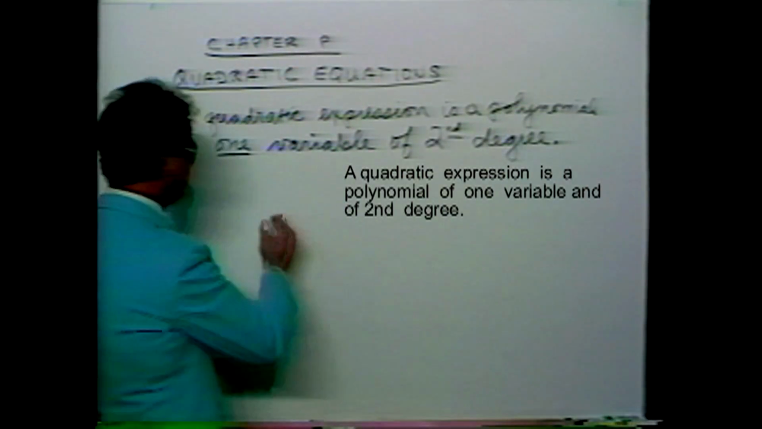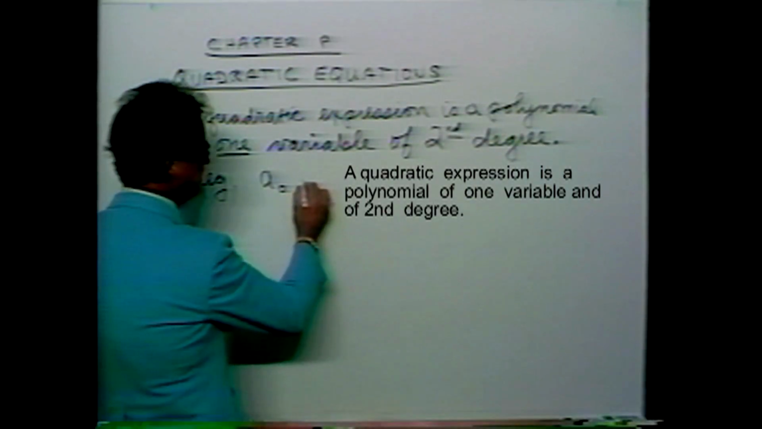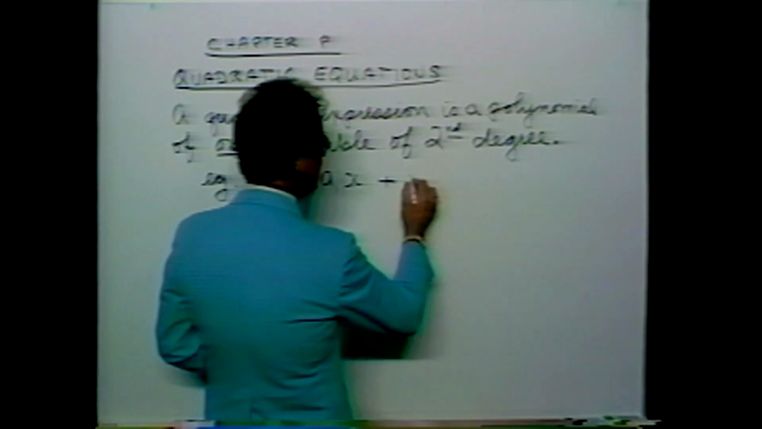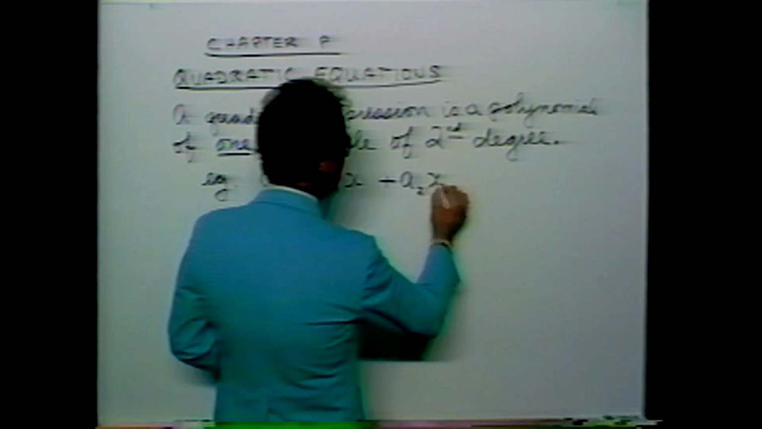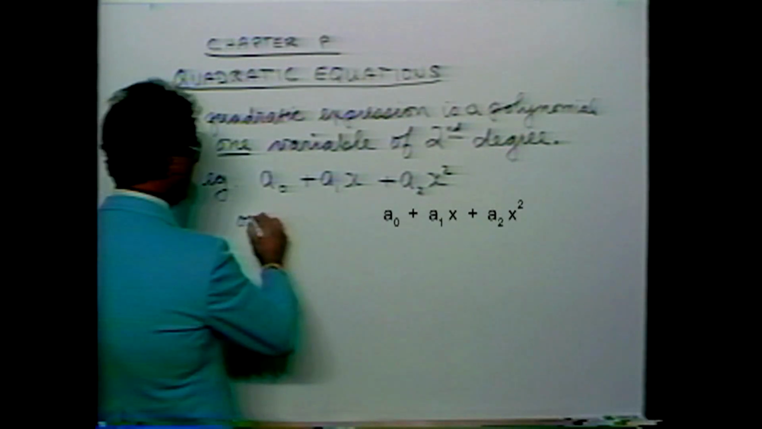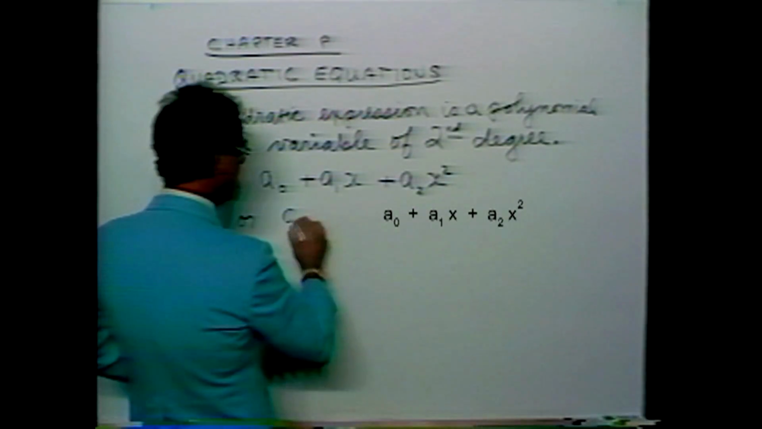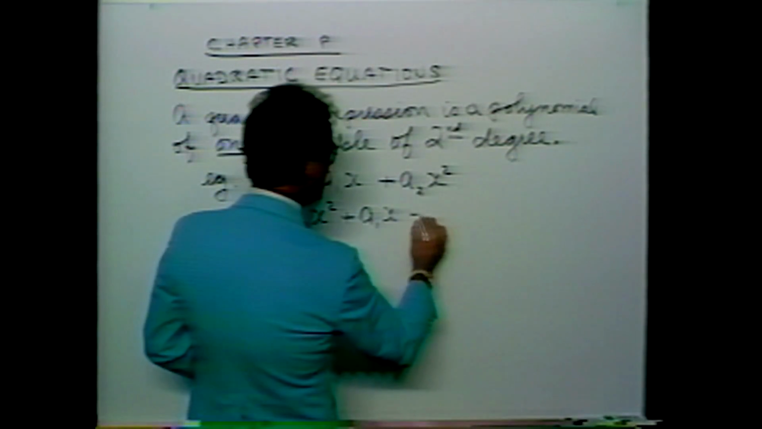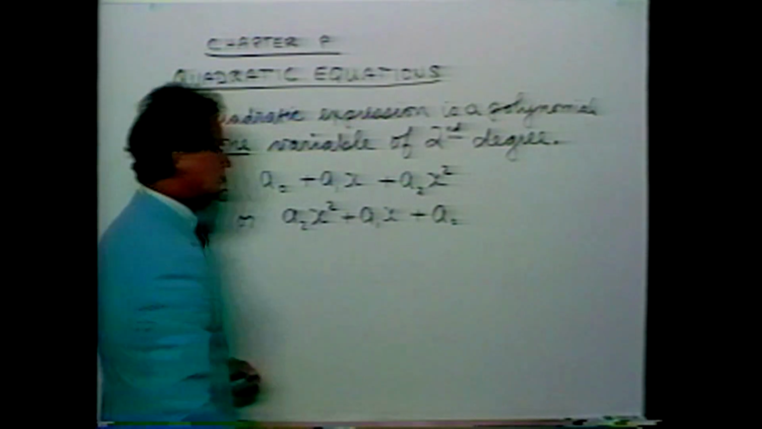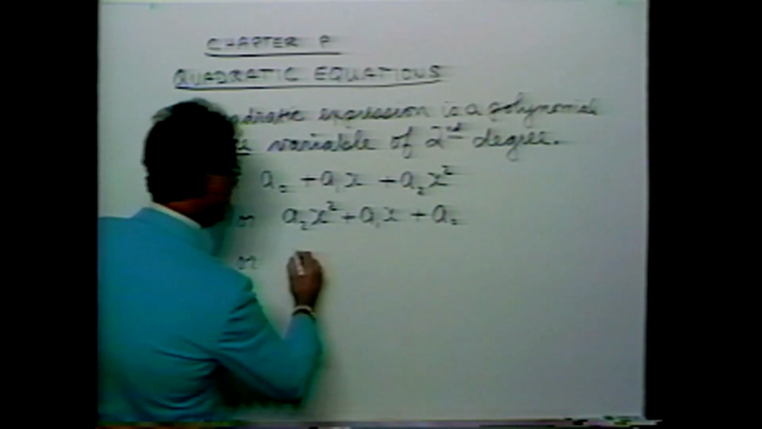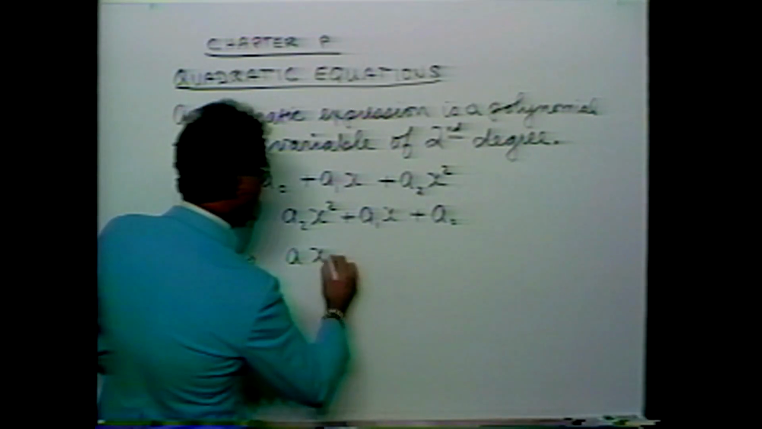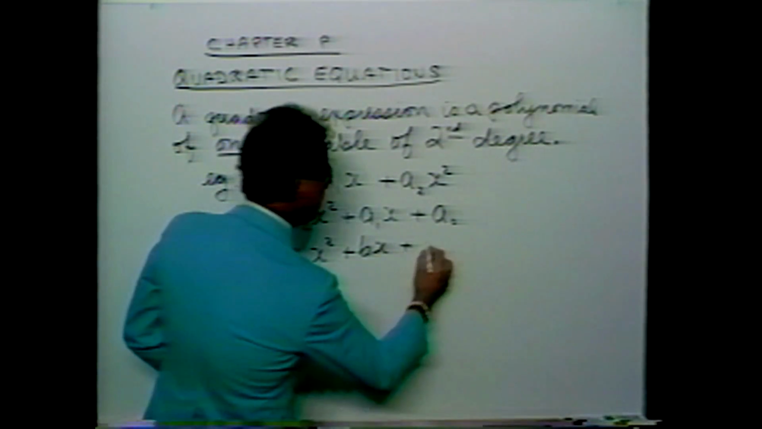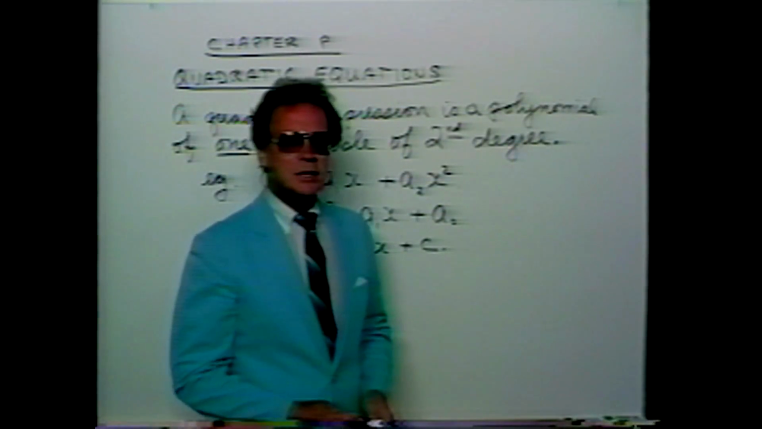For example, a sub 0 plus a sub 1x plus a sub 2 x squared. Or, listing them in the other order, a sub 2 x squared plus a sub 1x plus a sub 0. Or, a x squared plus bx plus c. As an equation,